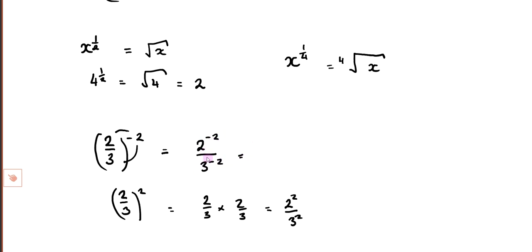Right, so let me try and explain. So this would be 2 to the power of negative 2 multiplied by 1 over 3 to the power of negative 2, yeah? Which, if we were to rewrite that as 1 divided by 2 to the power of 2, we've got that bit from before, multiplied by,